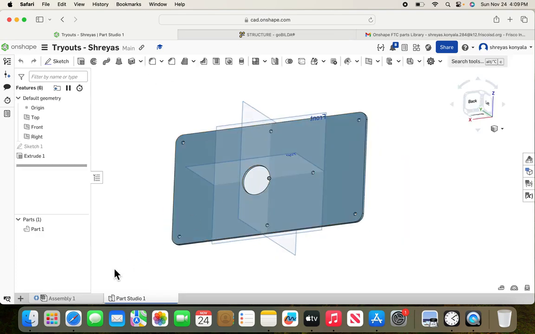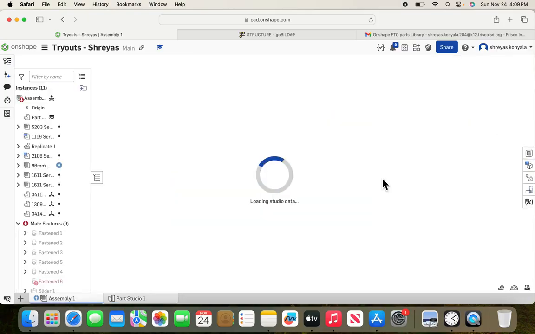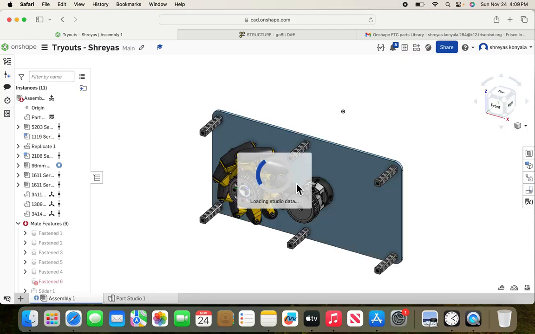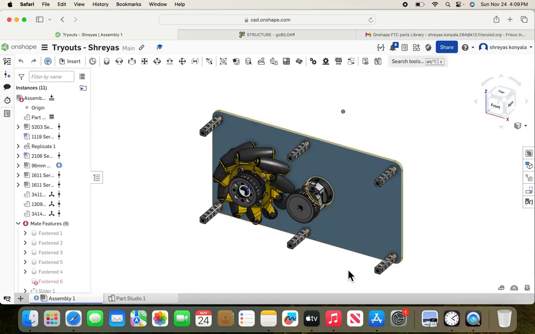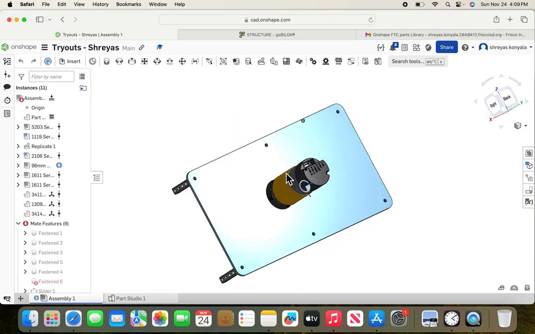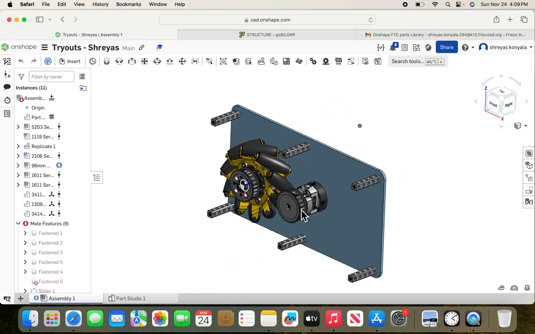So this is a part I made for my individual CAD that will 3D print later, and I connect it by using screws. I use metal parts, which are really important. So these are the metal parts, 1, 2, 3, 4, 5, 6, and this pulley over here, and then there's a pulley over here that's connected to a motor, that's connected to a dead axle, and we'll go over this. This is all part of the